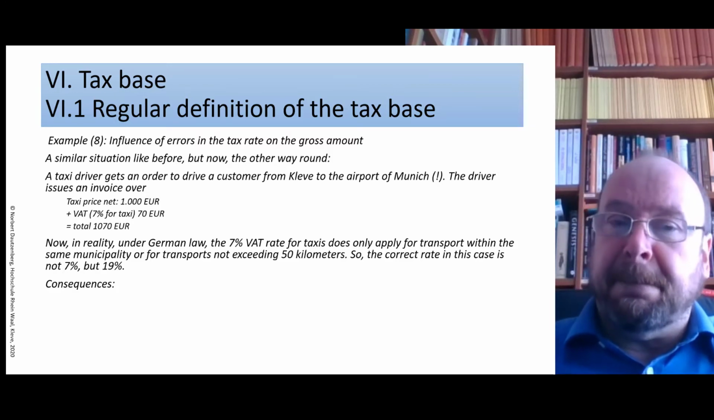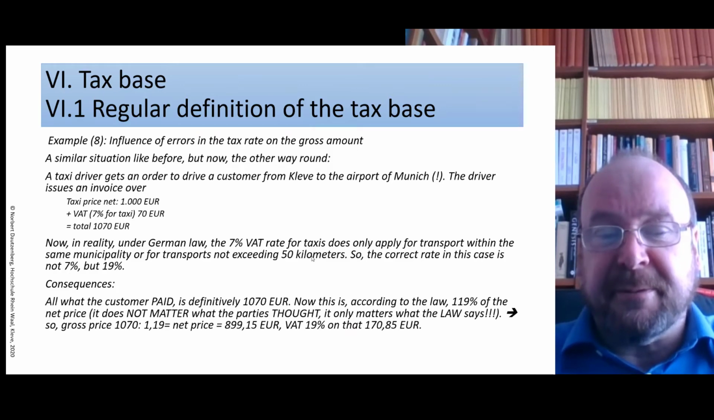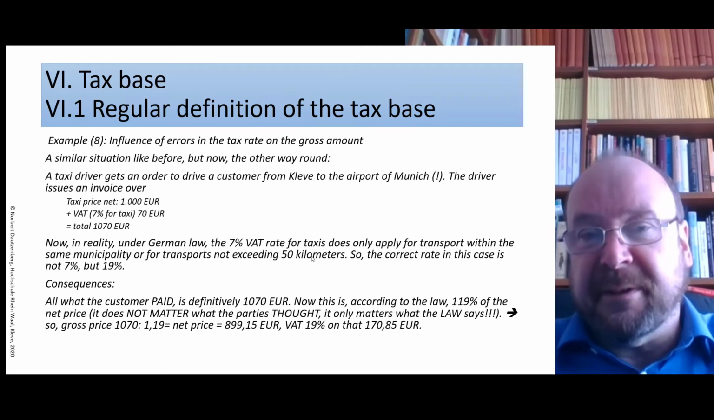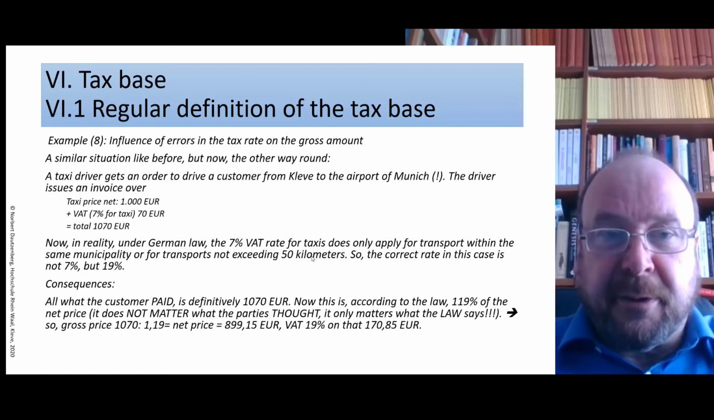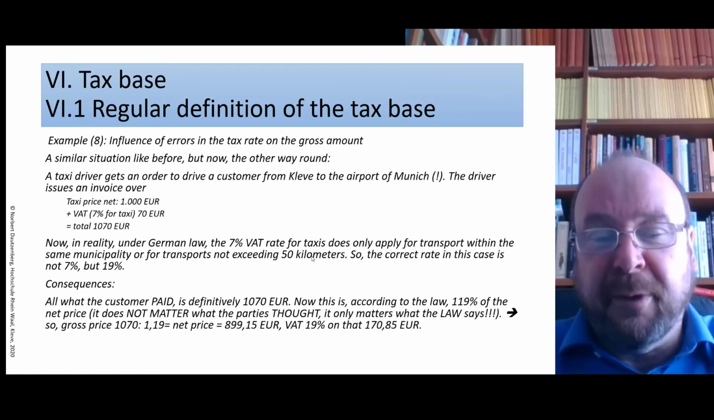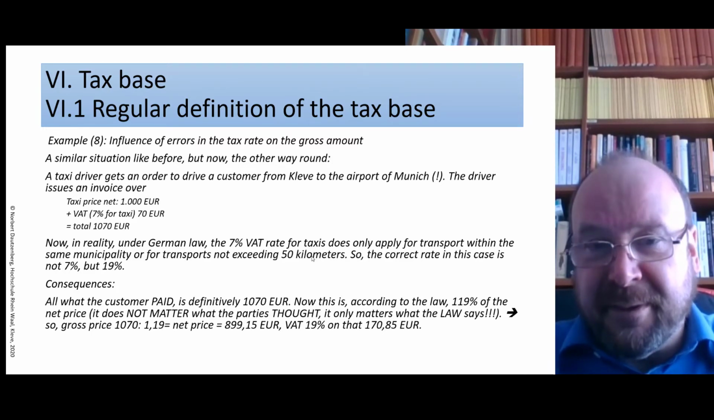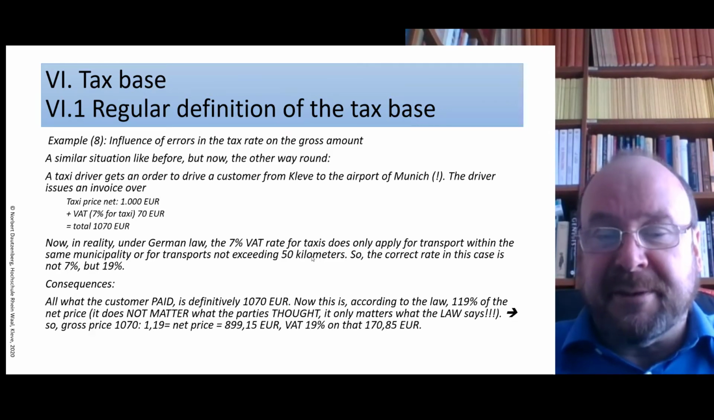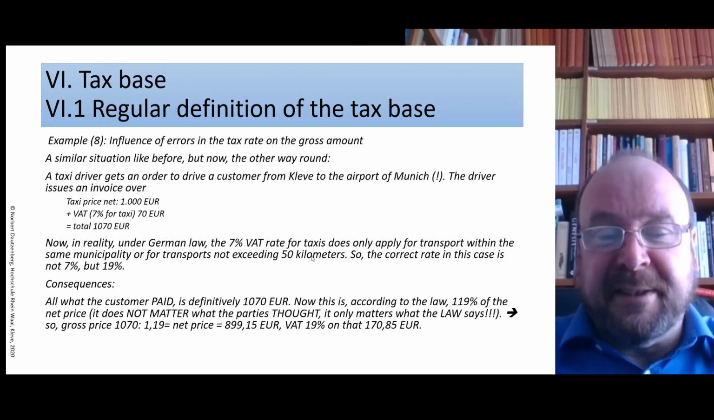Now, in reality, it should have been 19%. So the consequence is that all the customer really paid is definitively 1070 here, not more. According to the legal rules, this is 119% of our unknown net price. Because it does not matter what the third parties thought to be the net price, it only matters what the law says the net price is. So gross price divided by 119% is the net price here,